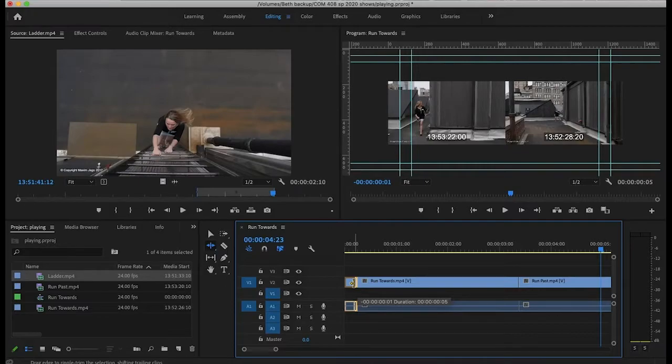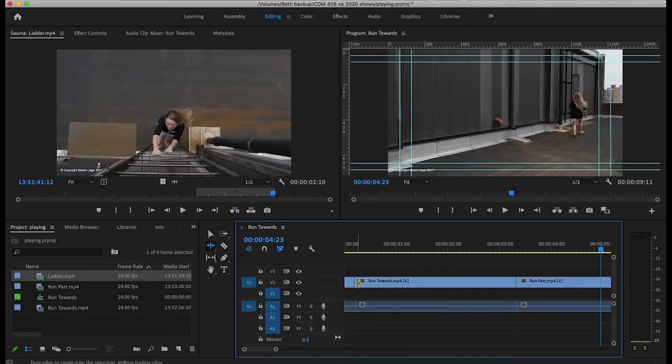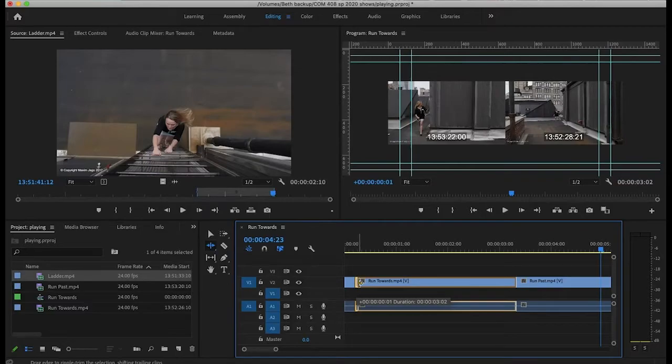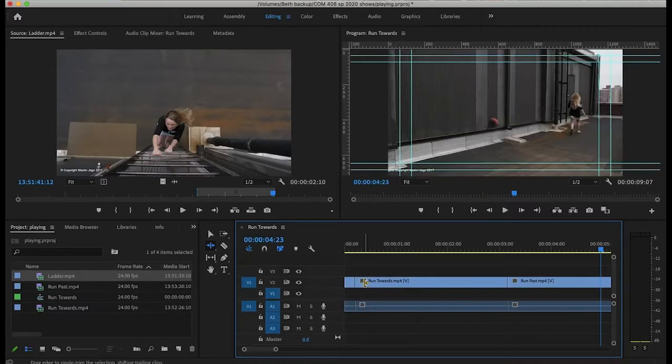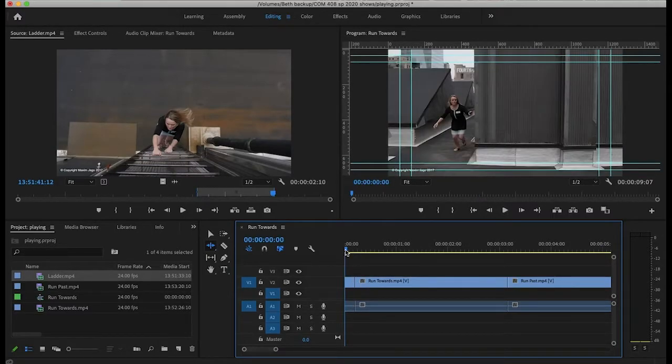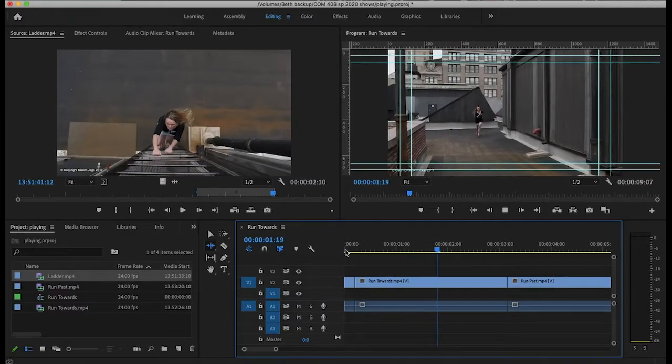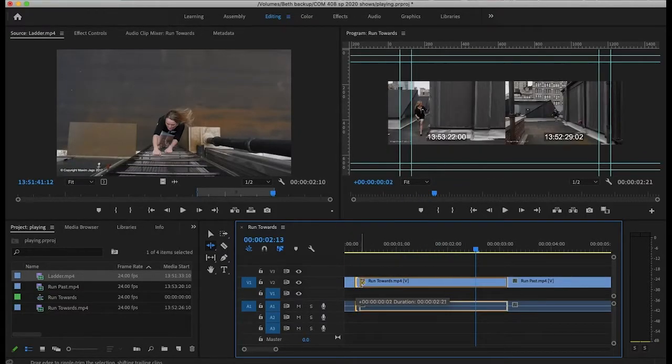So this one I'm setting the out. And then I'm going to adjust the in of this one. And maybe adjust it a little bit further. And notice that it snaps into place. And you could even advance it even more, using that ripple, and actually have her starting to run